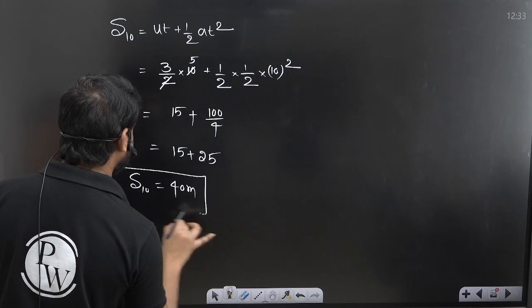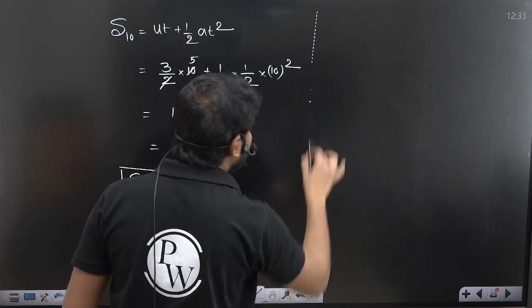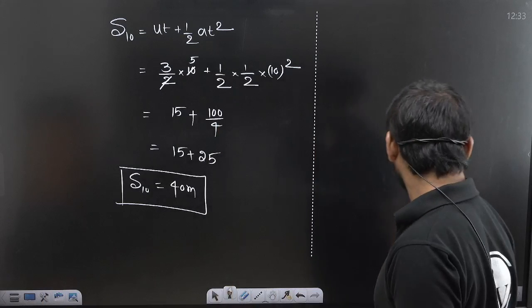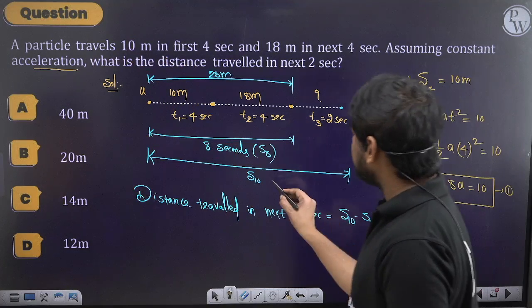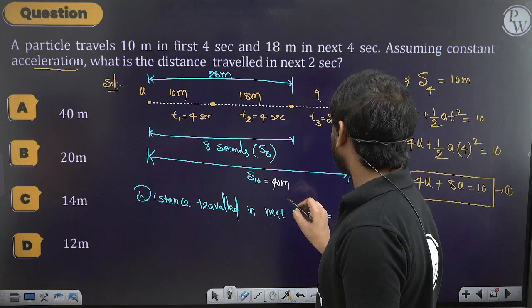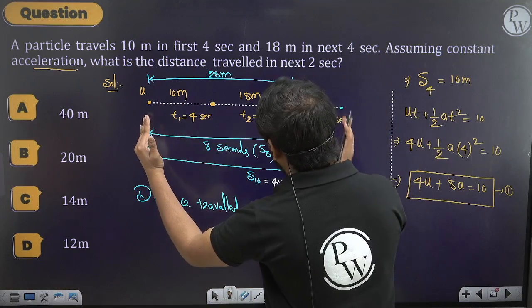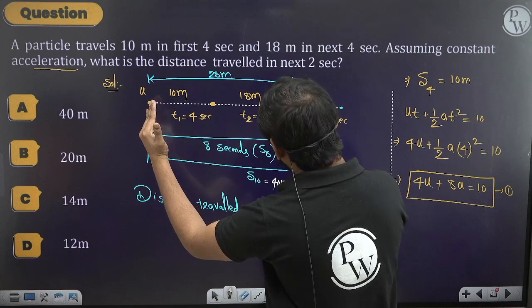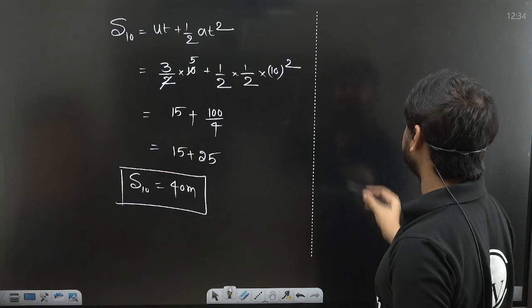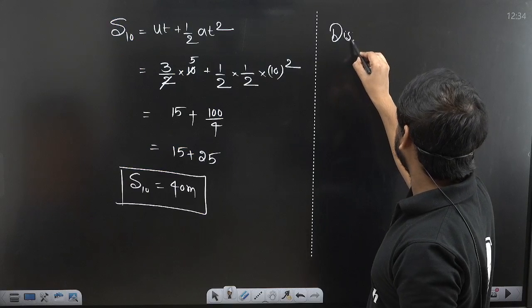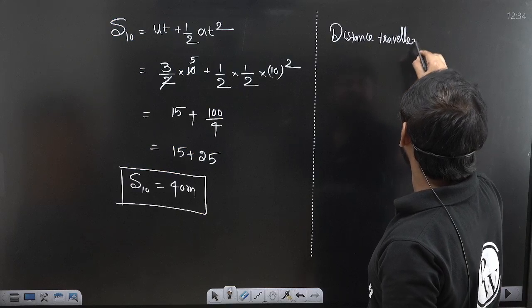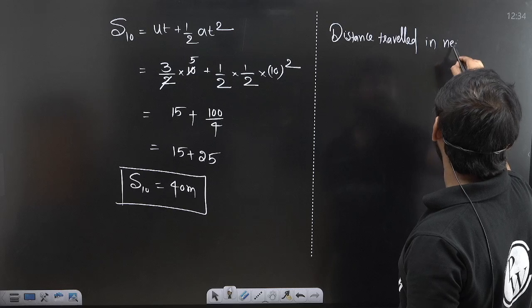So now what do we require? The distance traveled in the next 2 seconds. Understand the picture. So the total distance, this one we got how much? 40 meters. Now, this total is 40 and in the 8 seconds it has covered 28. So now the distance traveled in the next 2 seconds